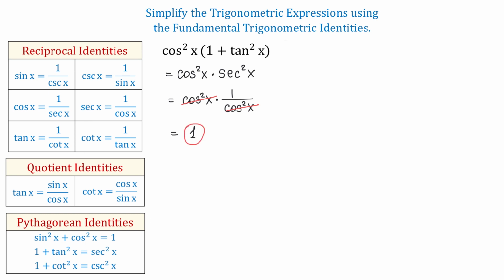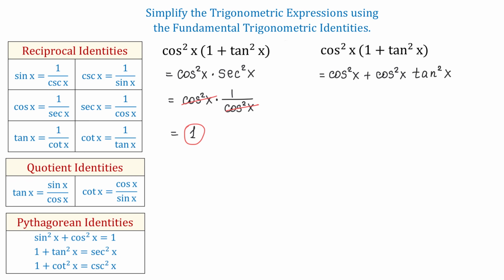Now, when simplifying trigonometric expressions, you may see that there is not necessarily only one way of simplifying them. So what if, instead of these steps, I would start by removing the parentheses? Here I have the same problem, and now I will start by distributing cosine squared of x. Then cosine squared of x times 1 is cosine squared of x plus cosine squared of x times tangent squared